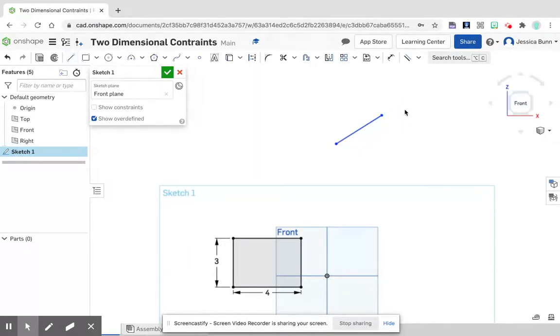I'm going to press escape and then press the L to repeat that line command. I'm going to leave some space and then come somewhere about here to somewhere about here and then press escape. Press the L again, left click here, escape, L one more time, left click here, and then left click here. You want to leave some space in between each of these line segments, and then we will fill them in